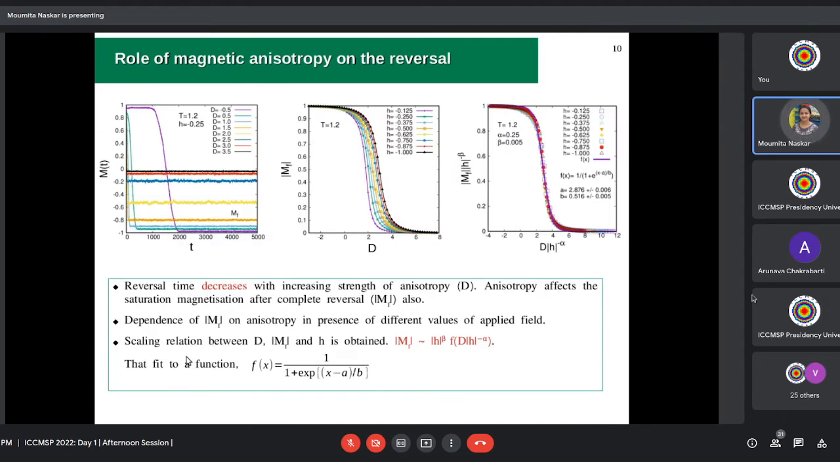Now, first of all, we have checked the magnetization with time for different strengths of anisotropy, and we found that the reversal time or the lifetime decreases with increasing strength of anisotropy. And also the saturation magnetization,